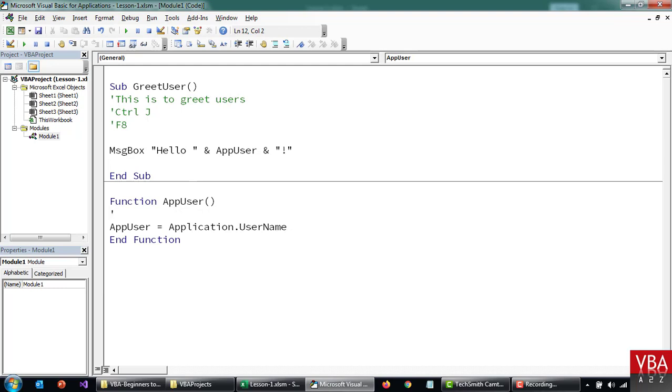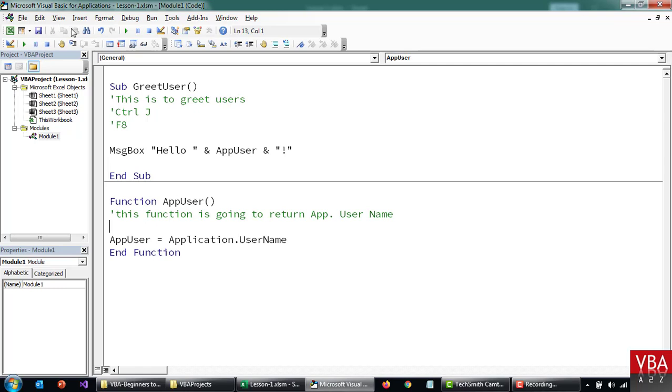Let's put a comment here as well. This function is going to return the application username. Okay,